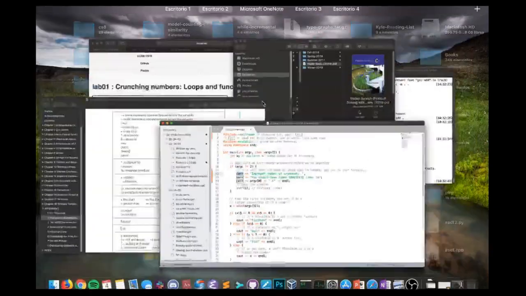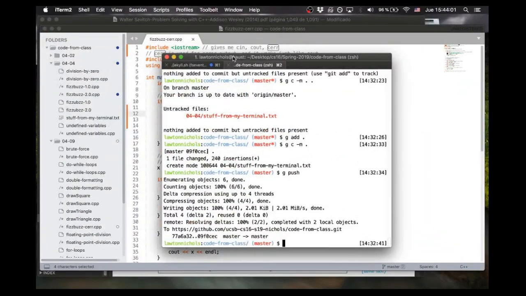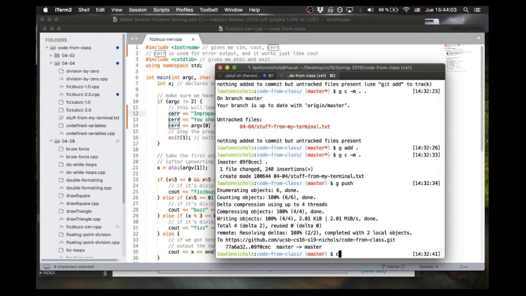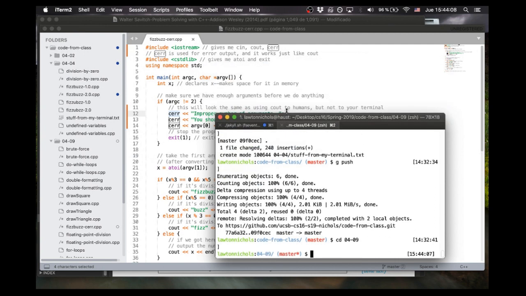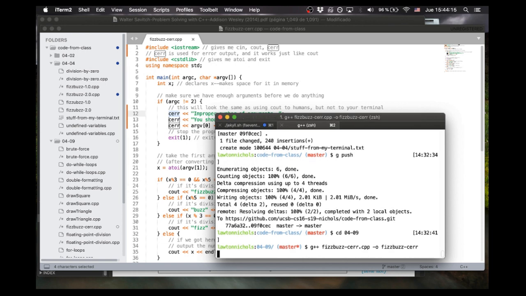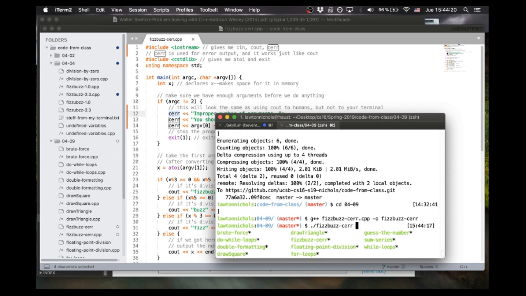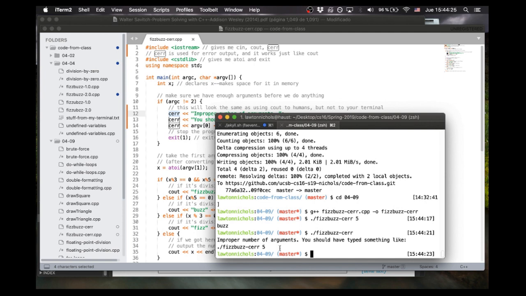Let's see here. I can run this and just show you that it looks the same. If I cd into 04-09, get to this file, g++ FizzBuzz cerr.cpp -o FizzBuzz cerr. And the error only happens when I don't give any arguments. So if I gave 5, it would work. But if I don't give any, it'll give me the error. And it looks the same as using cout, but it's outputting to something special, a special different kind of file stream called cerr that